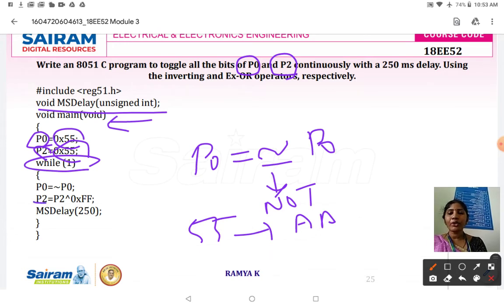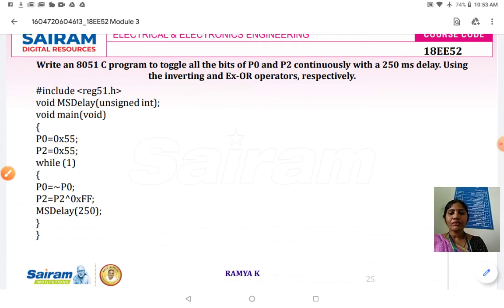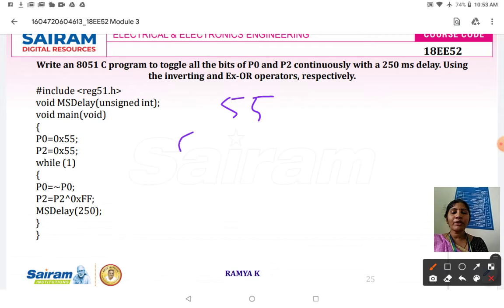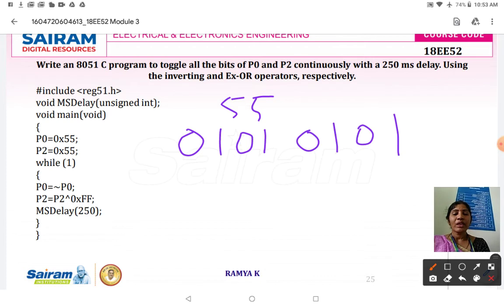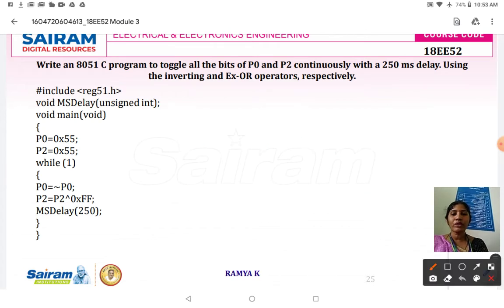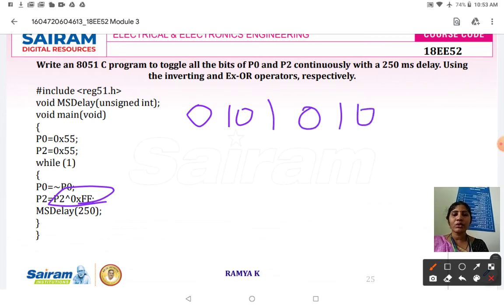And for P2, for example, you have given 55, which I can write as 0101 0101. If I want a toggle, in the sense 1010 1010, it should come like this. So to make it toggle, I want to do an XOR operation with P2. For example, P2 is 55, which can be written as 0101 0101.